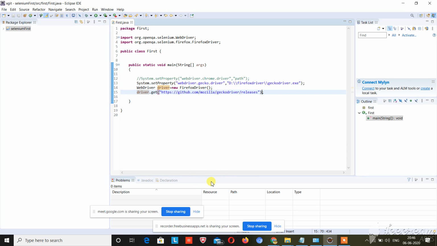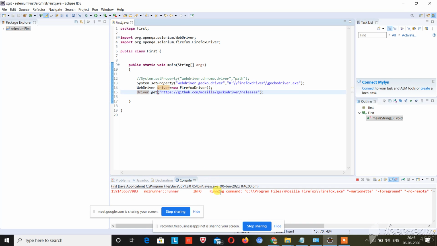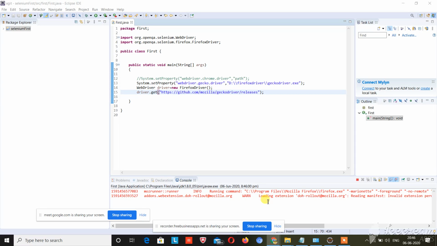Machine is taking time because many of the background softwares are running in my machine. So the command prompt is doing its work, and now Firefox driver will open.